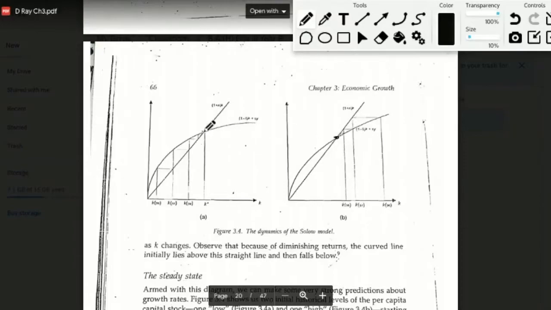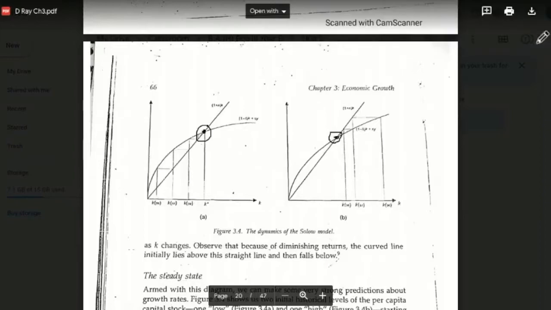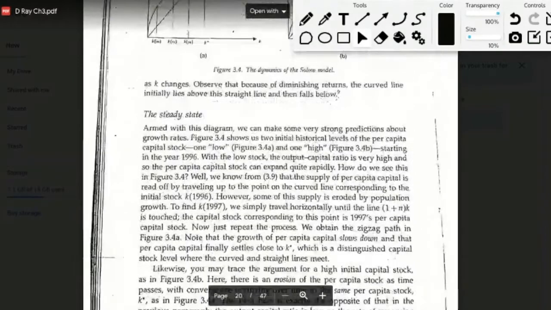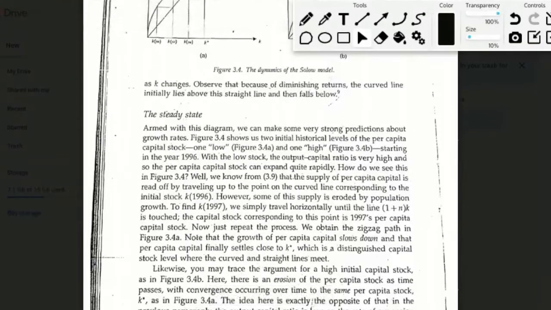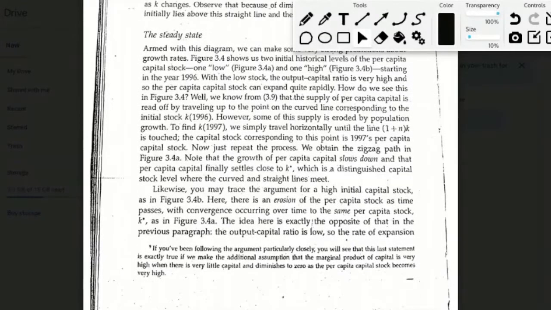We looked at these two graphs in the previous class, and we saw how no matter where you begin from, you end up reaching these points, which is called the steady state of capital per capita. Today, we are going to look at how to calculate this steady state of capital per capita for a given production function, and what the different factors are which guide the position of the steady state of capital per capita for a given production function in a given economy.